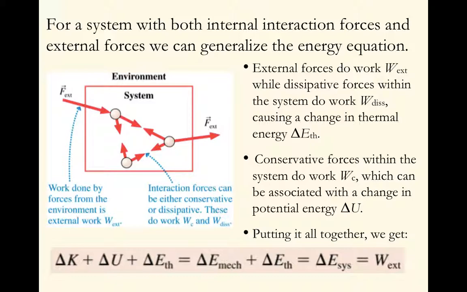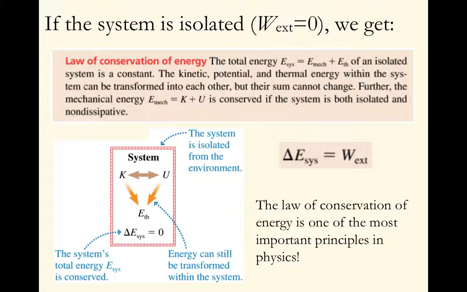And that's equal to the change in the energy of the system, which is equal to the external work done on the system or by the system and given off to the environment. So that can be positive or negative. So if the system is isolated, meaning that we have no external work, we get the law of conservation of energy. And this says that our delta E of the system is equal to